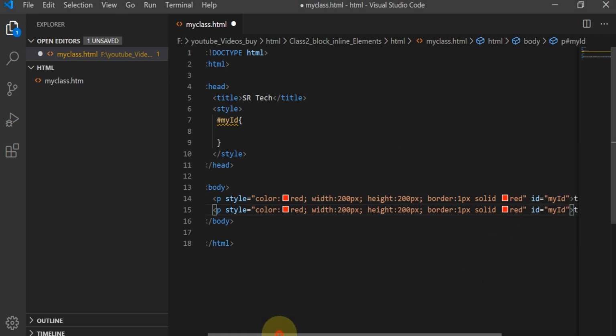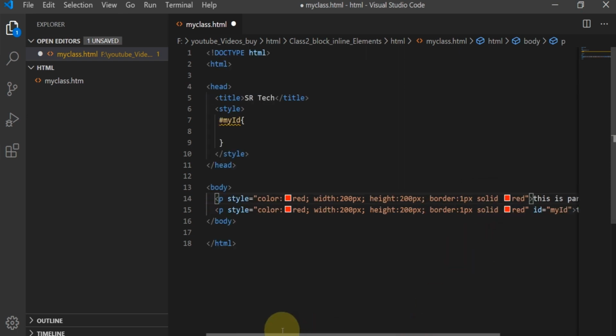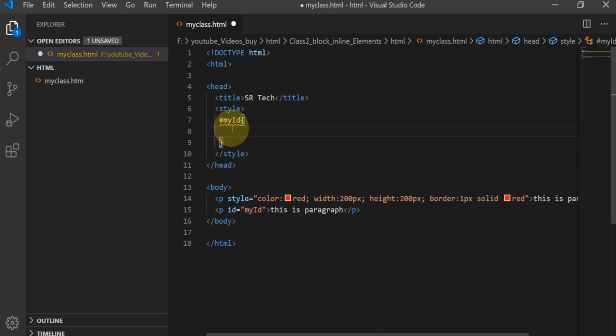I'm taking another paragraph for better understanding. For the second paragraph I am removing these inline styles. So the first paragraph is for inline style, and the second paragraph is selected in internal styles with the ID selector.